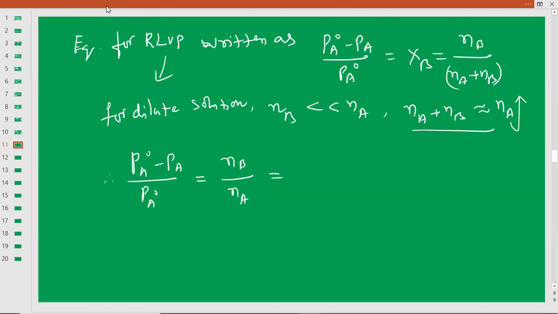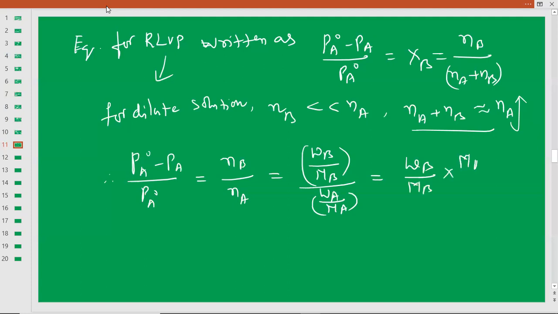What is NB? WB by MB. And what is Na? WA by MA. It's nothing but WB by MB into MA by WA. Okay. What we need is MB. MB is nothing but the molar mass of solute, that is the non-volatile solute. That has become equal to